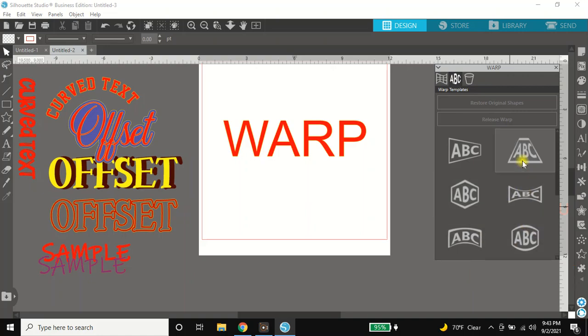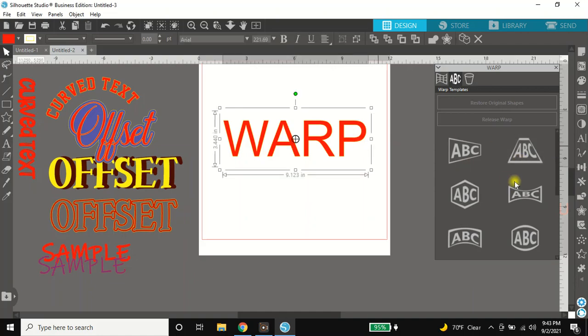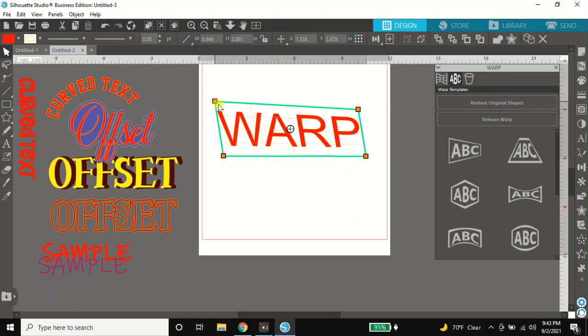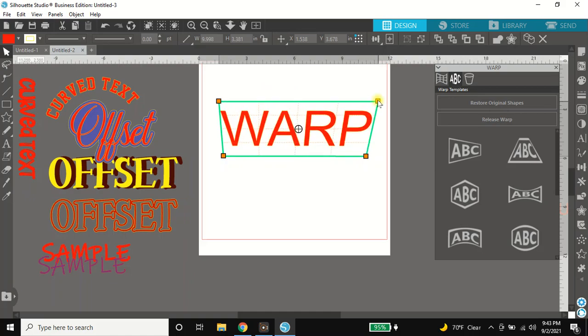So let's just say here. I'm going to click on this one. Oops. Hit this. And then you can just mess around with it. Move the letters around. And, you know, when people usually do the warp, they may end up